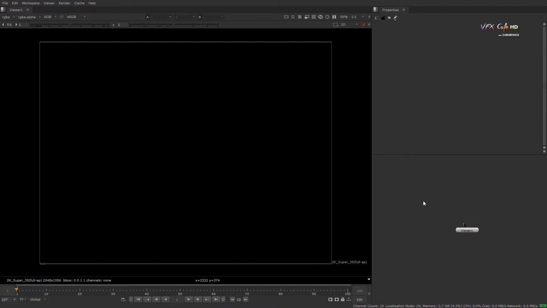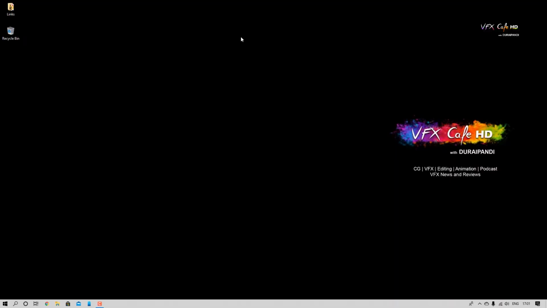Okay, this is a one-time setup only. You don't need to set it every time. If you are changing to any other system, you need to set it first. This is your choice, whatever you feel is user friendly. If you are using a single monitor, I strongly recommend this. Okay, this is not a project setting, this is a Nuke setting. Project settings you need to set every time you do a new project, but Nuke settings only need to be set one time, and it will automatically be set up.